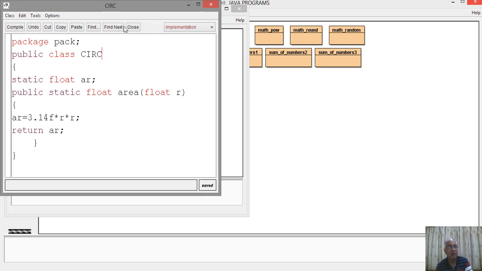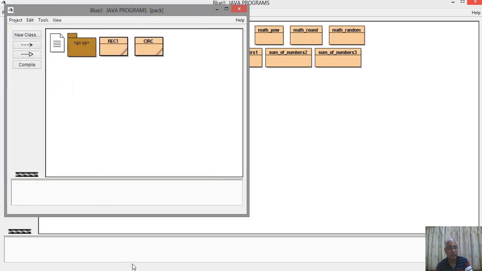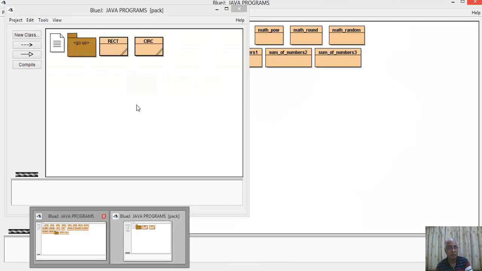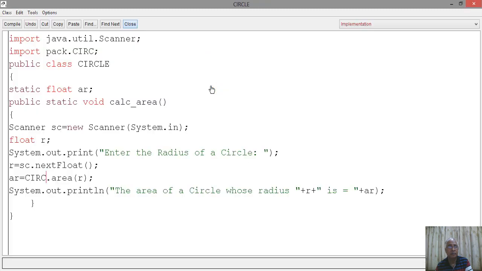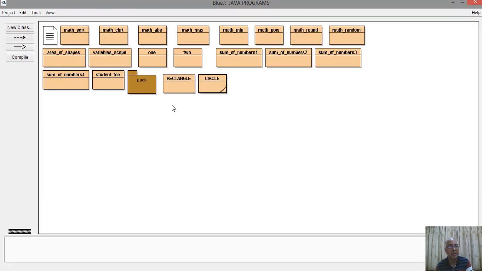AR is returned to this program, to this AR, and the area of the circle whose radius is given is printed here. So this is how the whole process takes place.